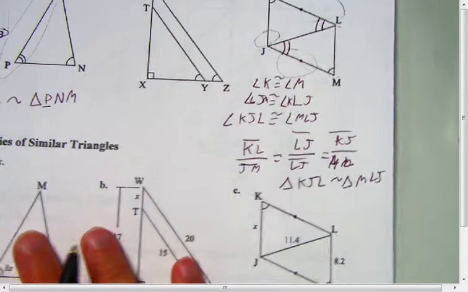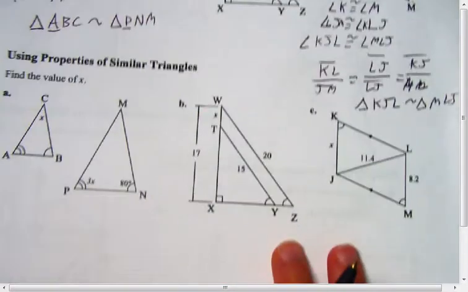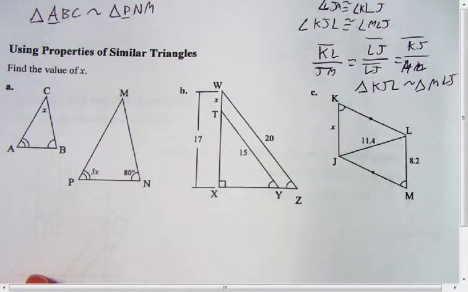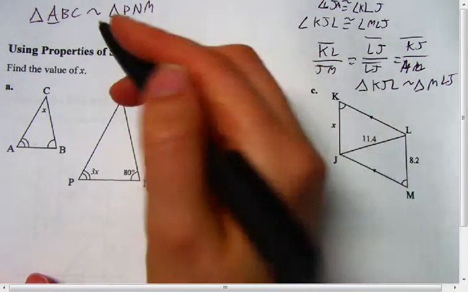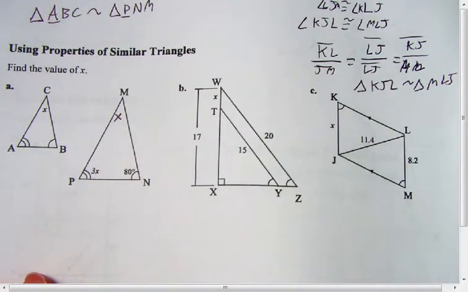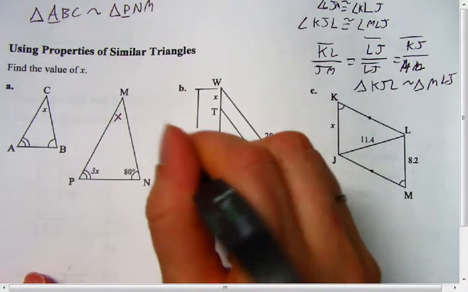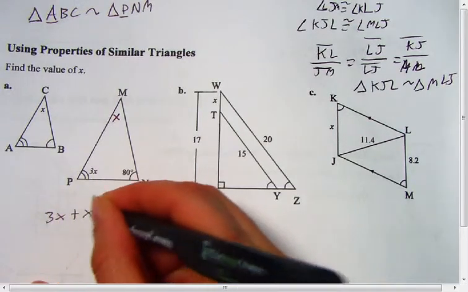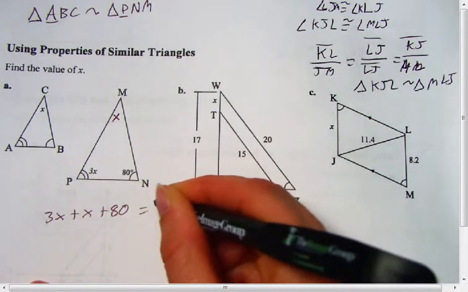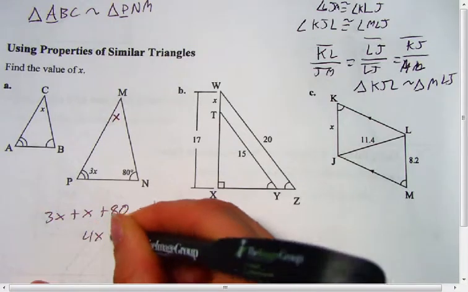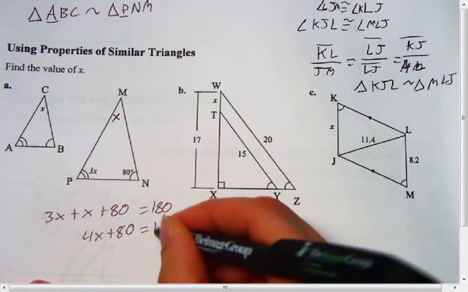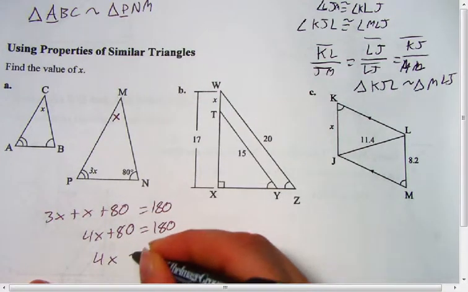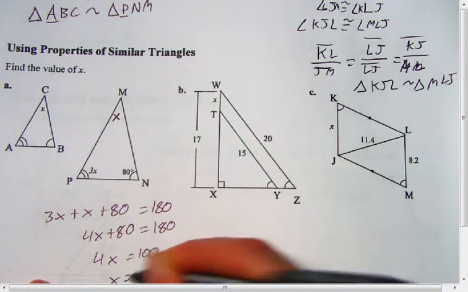Okay, let's go to the bottom. We want to find X. When we know the two angles are congruent to two angles, it means all three must be congruent to each other, right? And what do the total angles of a triangle add up to be? So if we go 3x plus 80, we get 180. So we get 4x plus 80 equals 180. So I'm going to get 4x equals 100. So x is going to equal,